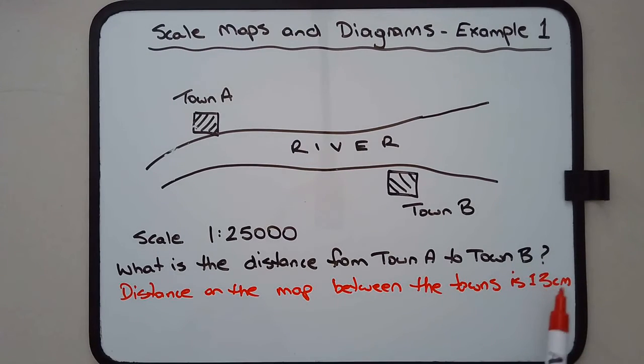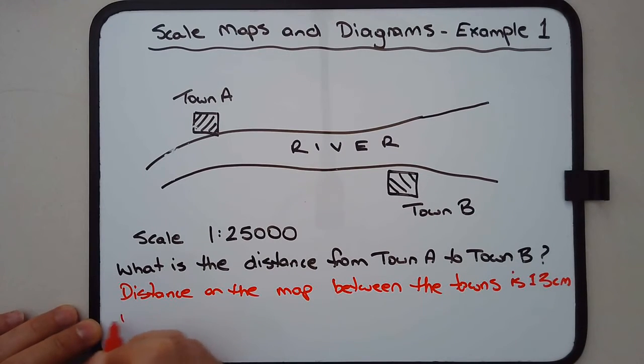So what we're going to do then is take the 13 centimetres and multiply it by the scale factor. The scale factor is that for every centimetre, it actually represents 25,000 centimetres in real life, but we have 13 centimetres on the map. So the distance